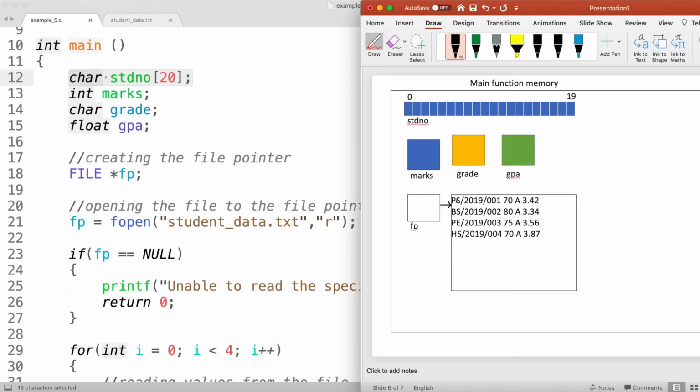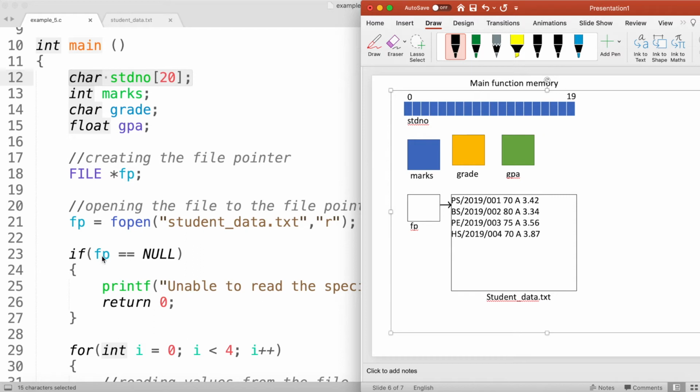My program has opened the student_data.txt file, and that file contains the information for 4 different students. In order to open that file, we are assuming that student_data.txt is in my current folder.